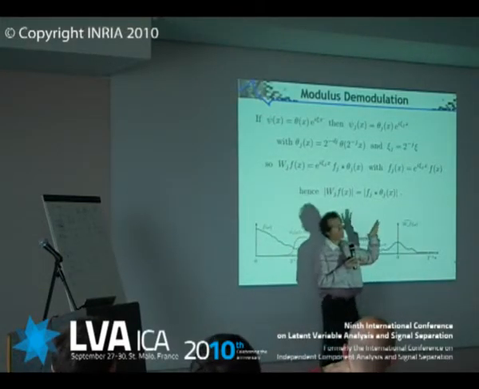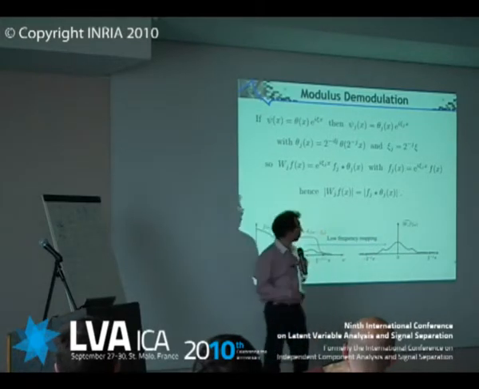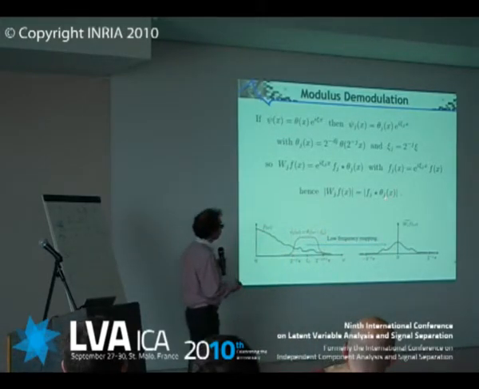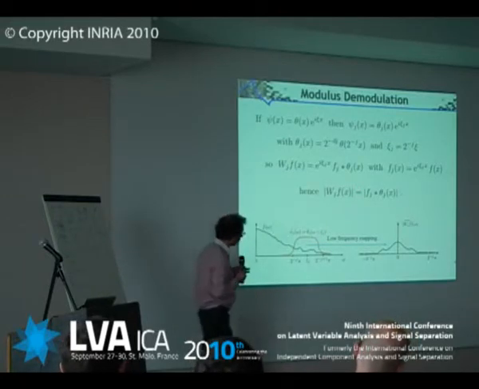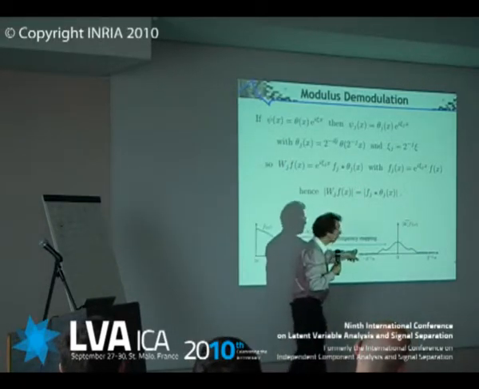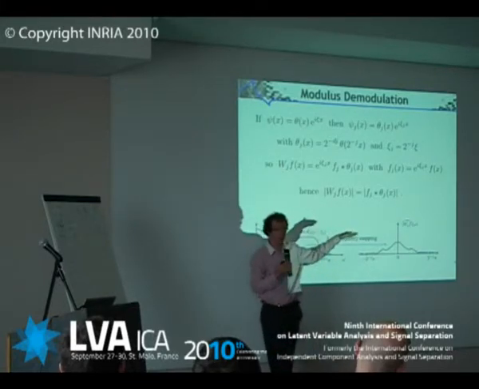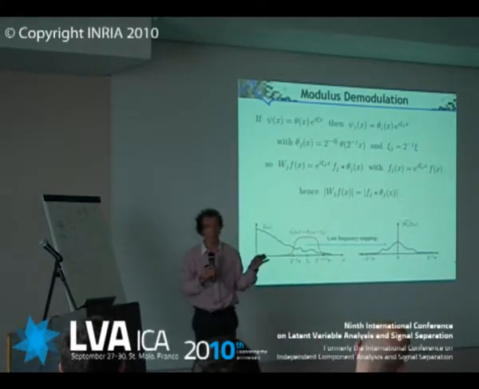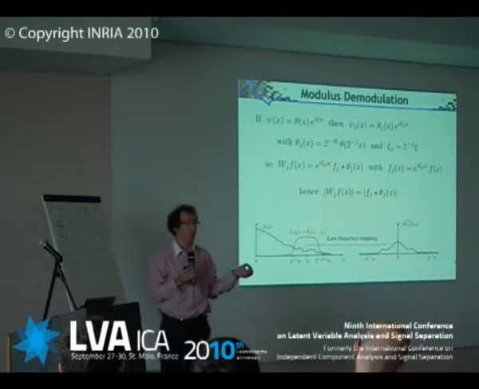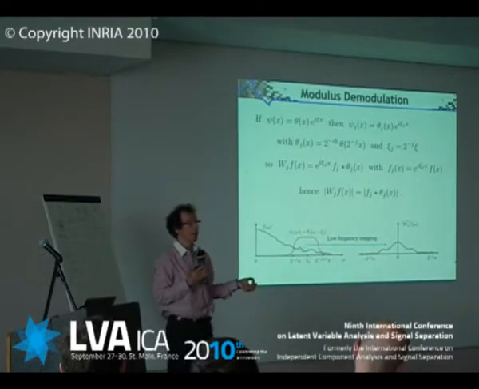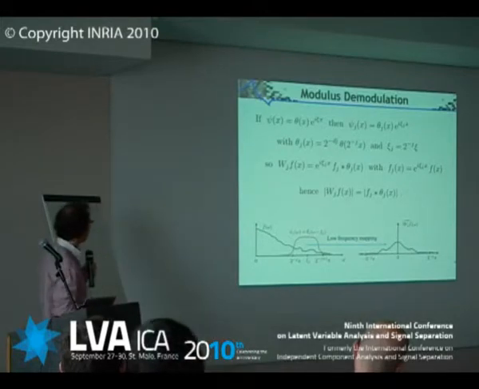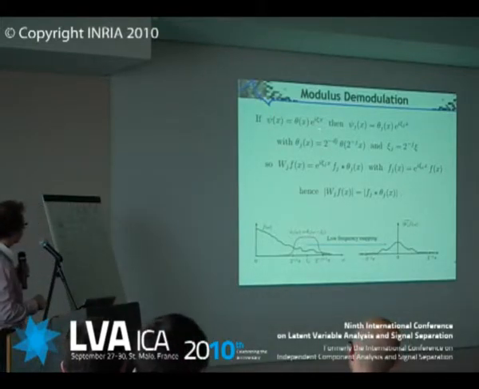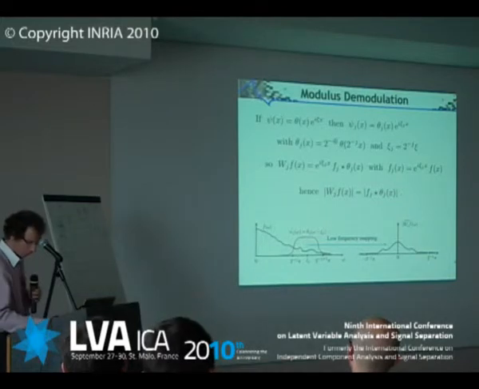frequencies. Almost. Almost. Why? Because whenever this has a 0, the modulus will create a singularity. And therefore, it's a nonlinear operator. You will create some high frequencies besides. You will not create too many high frequencies if your function doesn't vanish. And if you get a complex function, you have much less chance that it's going to vanish. That's why we're going to use complex wavelets here.